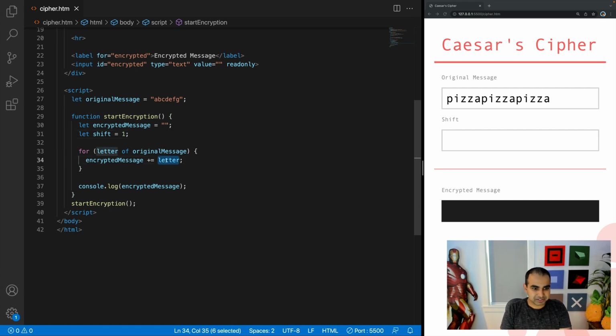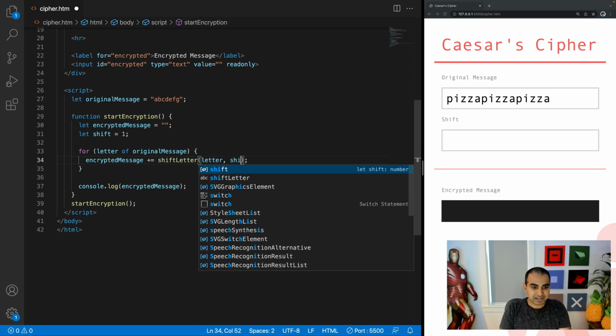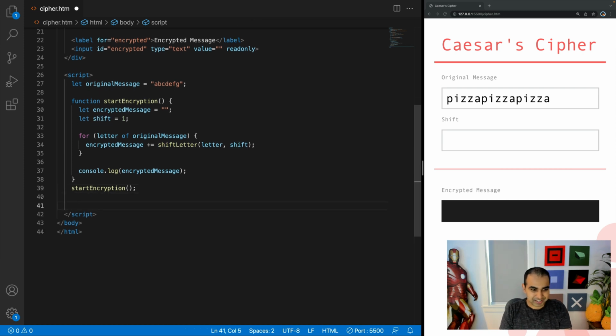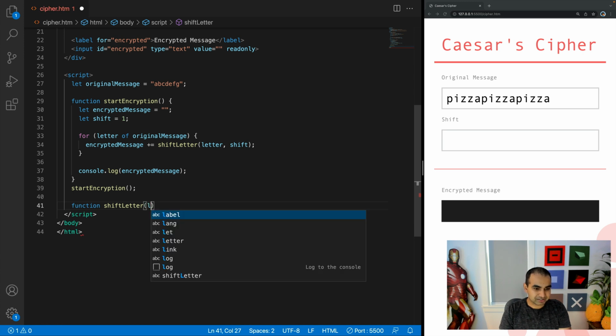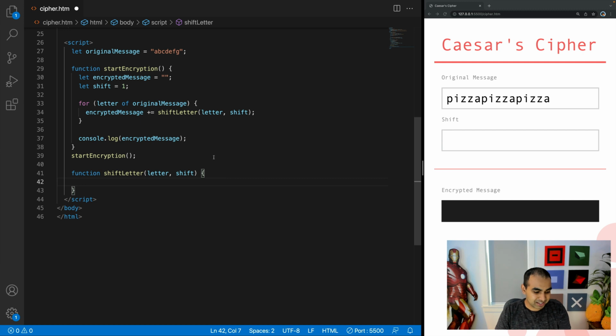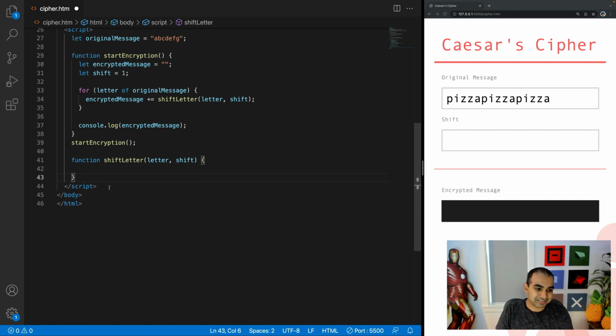And I'm going to create a function here called shift letter, and it's going to take two arguments, letter and shift. So letter is what's going to be provided as part of the loop. Shift is what's going to be provided as part of the hard-coded shift value. And now what we're going to do is write the actual shift letter function. And so shift letter takes two arguments, letter and shift, which makes sense given how we're going to be using it. And inside it, I'm going to provide the logic for how we're going to be shifting all the various